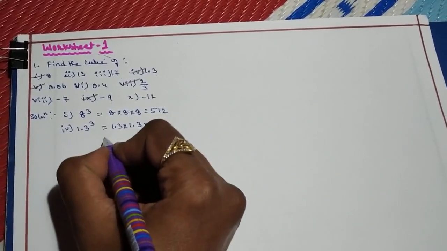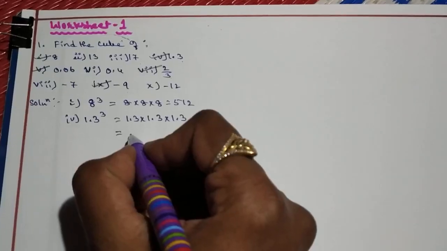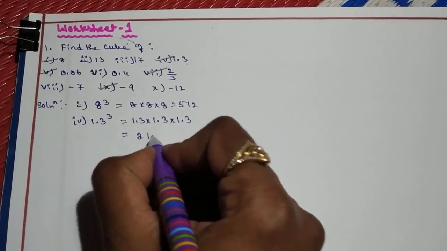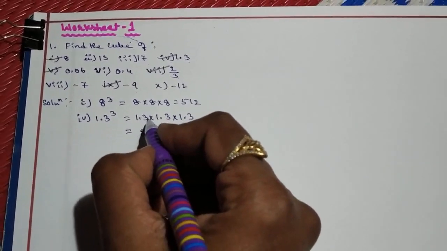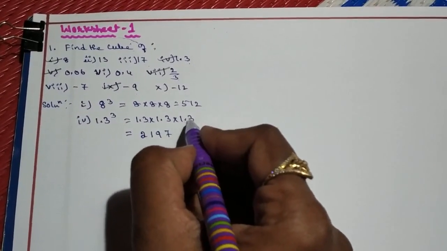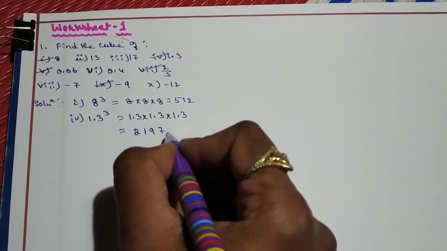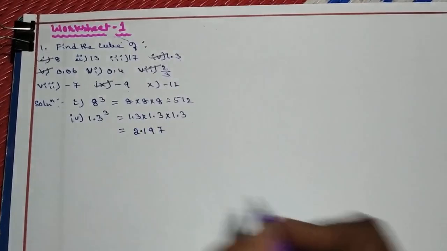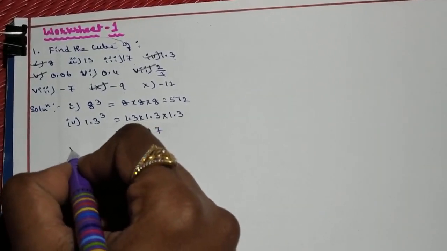So first you multiply the numbers, that is 13 into 13 into 13, which is nothing but 2197. But after the point, one digit, after the point, one digit, after the point, one digit. So 1 plus 1 plus 1 is 3. So from the right side, leaving 3 numbers, you have to put the decimal point. So the answer is 2.197. Next, moving to the fifth one,